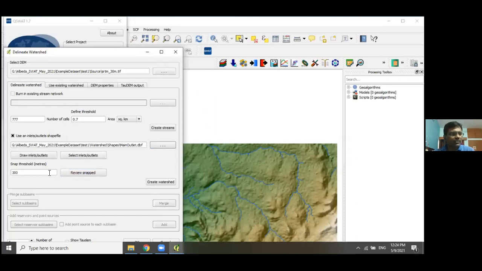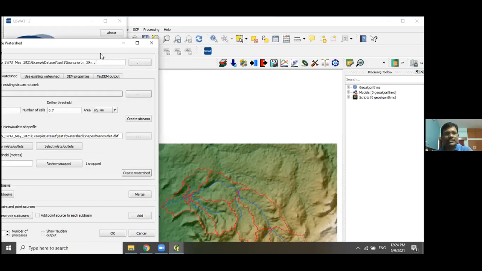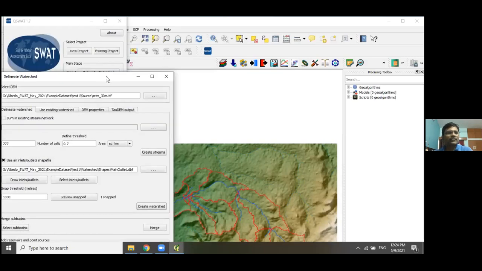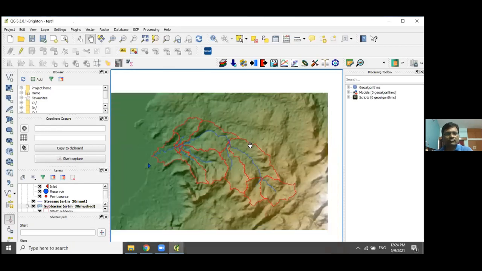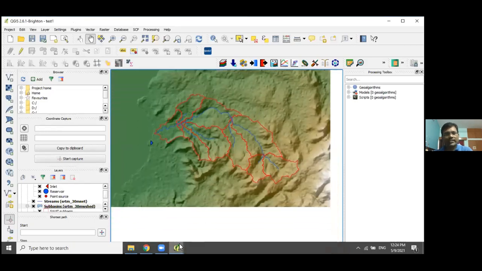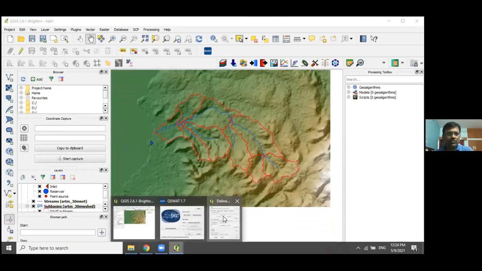Then you can just take this one and create the watershed. Okay, so this watershed is created now. Let us see. This is the watershed created. Okay, now the next step is